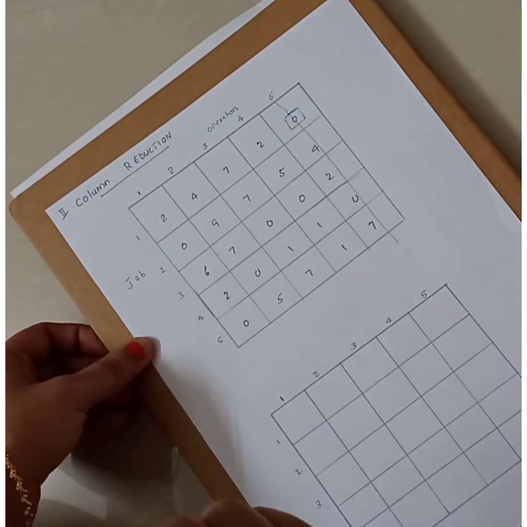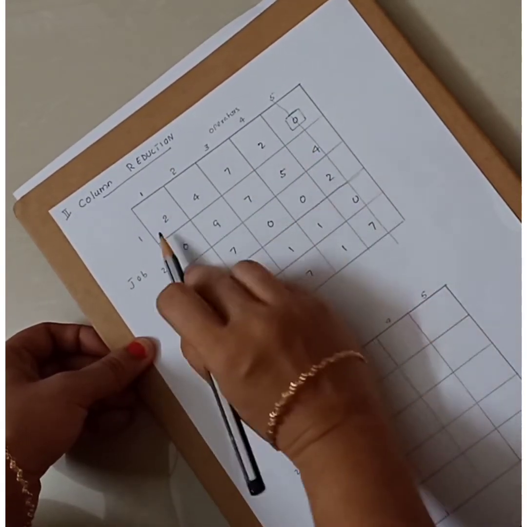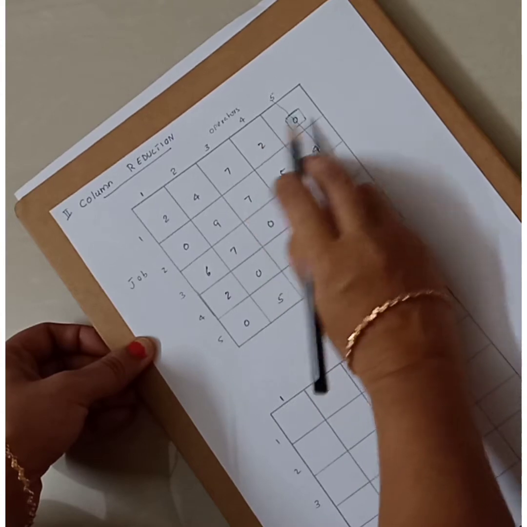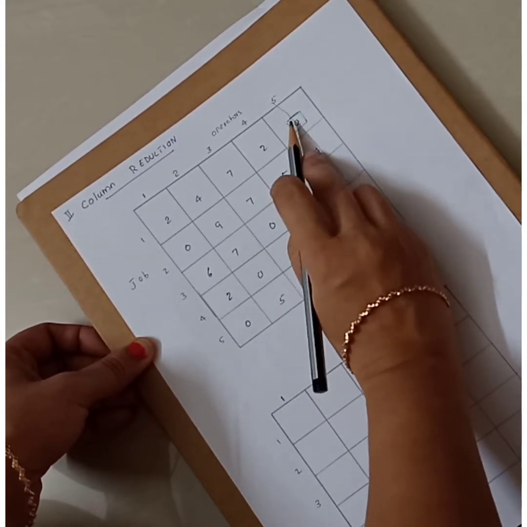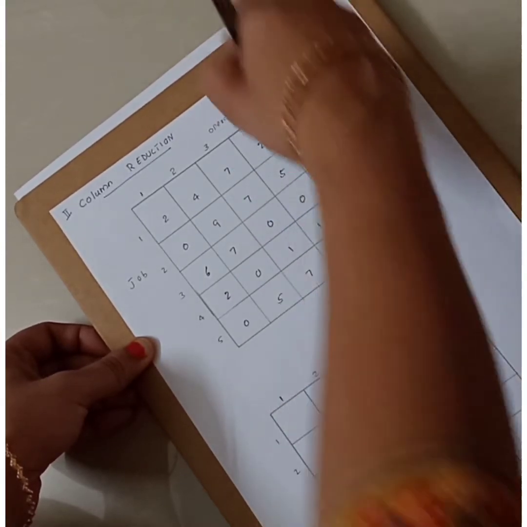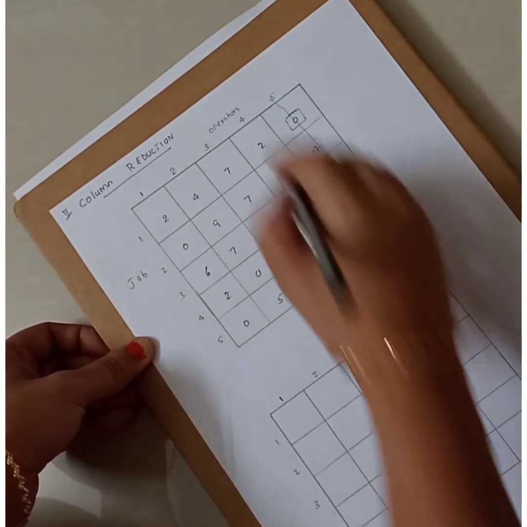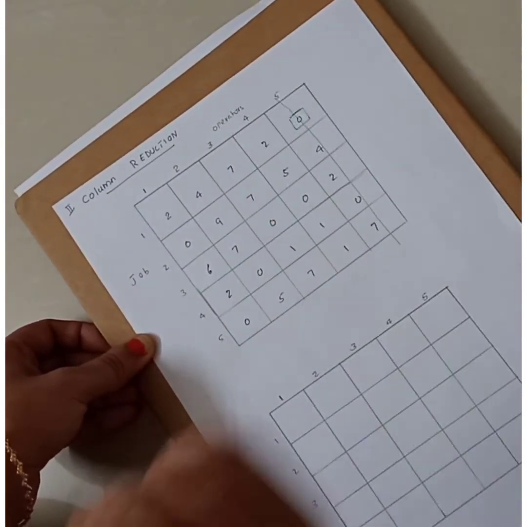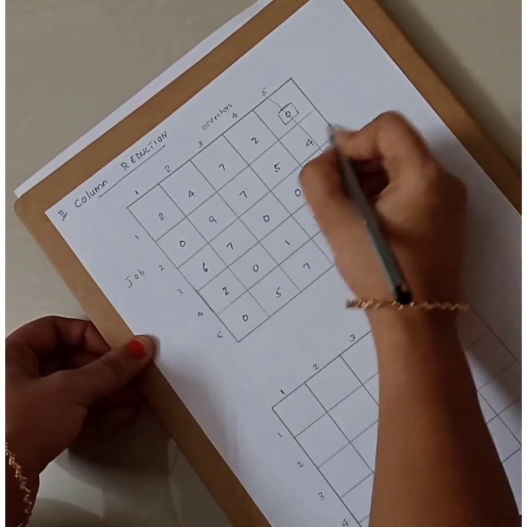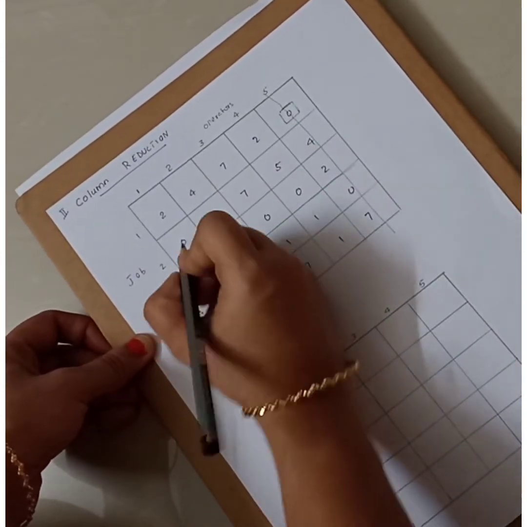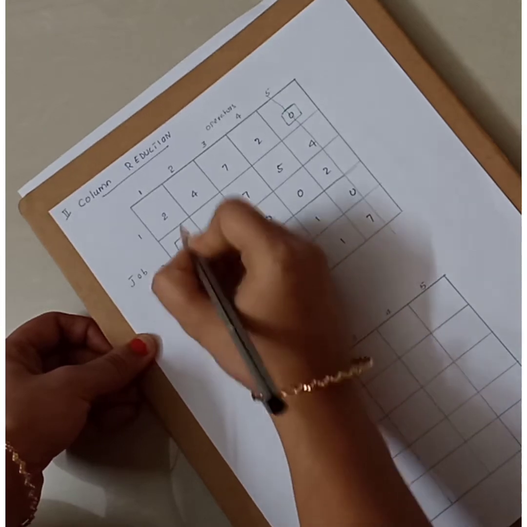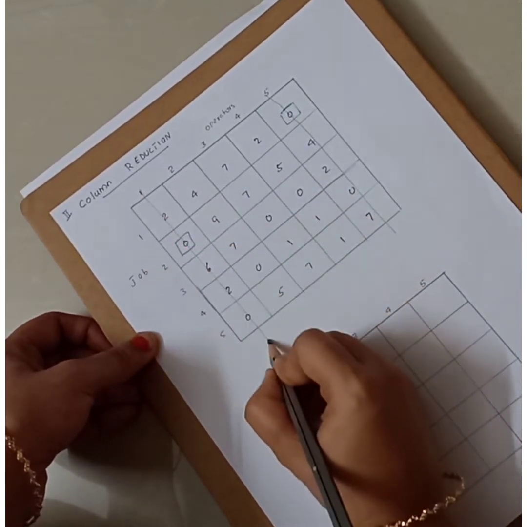You should remember one thing. In case of row scanning, you have to check whether there is only one 0. When there is only one 0, you mark a square there and draw a vertical line. It is not a horizontal line, it is a vertical line. In row scanning, it is always a vertical line. So I mark that. Now again, look at the second row. In the second row also there is only one 0, correct? So I mark this one and then again I draw a vertical line.